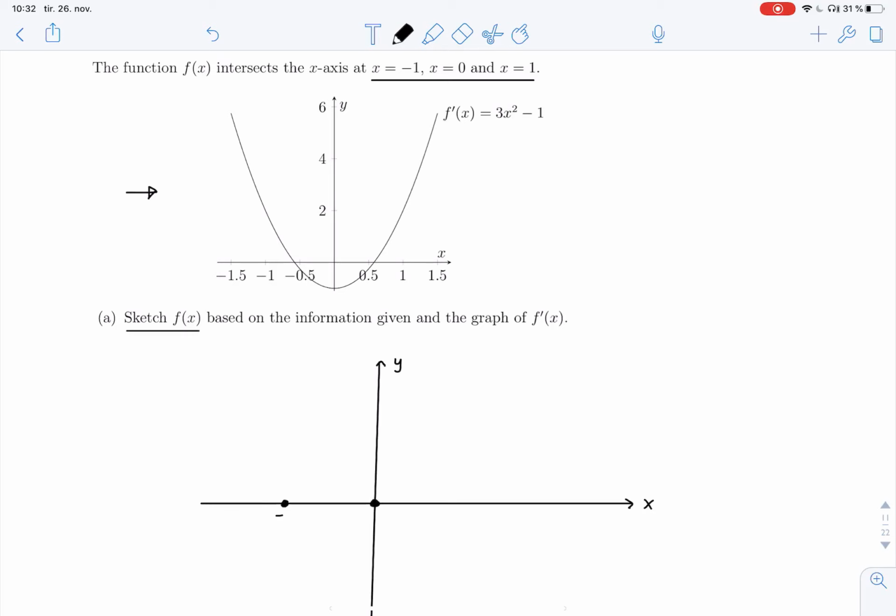We have -1 and we have 1. Okay, if we look at this interval here, up to minus 0.5, we see that